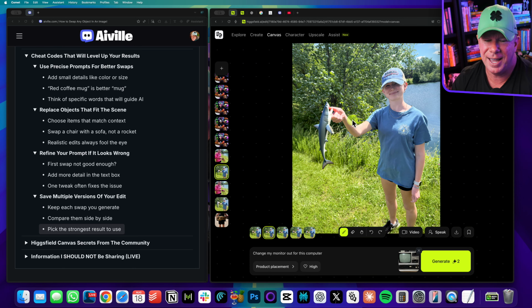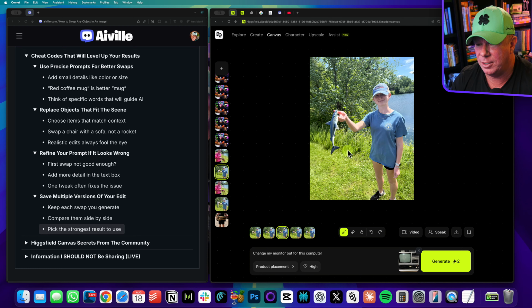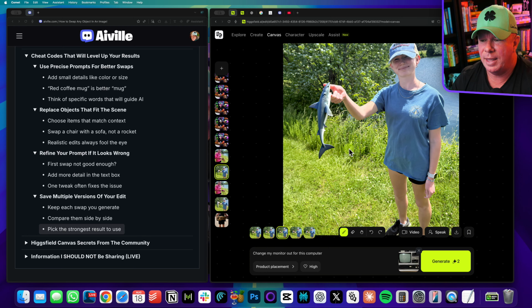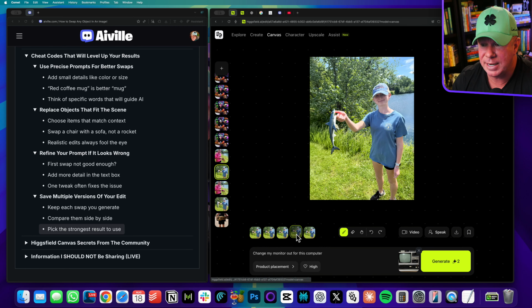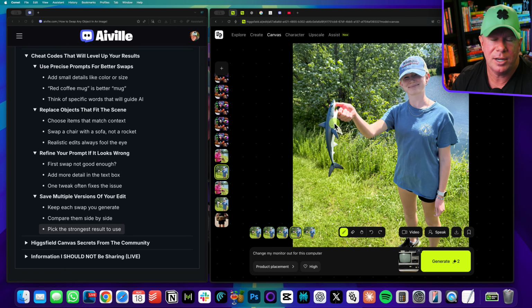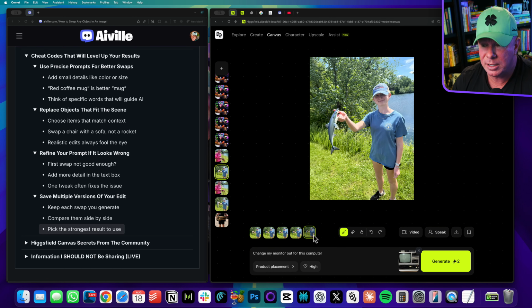It was getting a little bit better, but it looks like eighth grade Microsoft Paint, like just putting a toy shark in her hand. But the shark I uploaded did actually look like that, so it did a good job explaining what I needed.